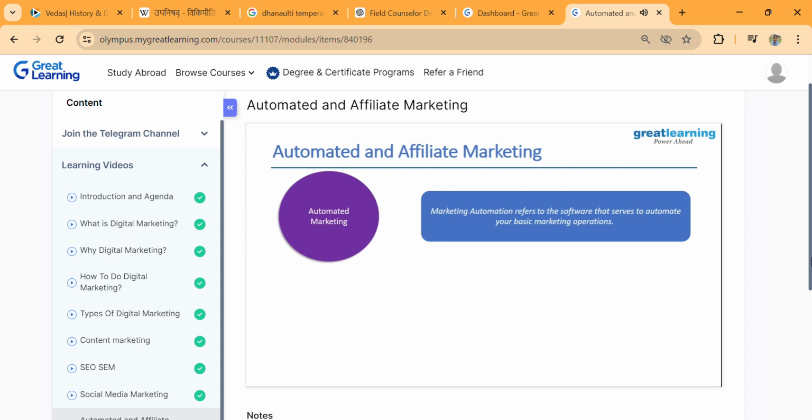Other thing is emailers that we send to people. When you talk about emailers, what happens? You probably have a certain set of practice, like there are certain events that are happening and you have a huge subscriber base. Instead of sending these things to people individually, you can just go ahead and have it automated, where subscribed people will get emails in bulk. That is what happens on YouTube. When you subscribe to a particular channel, if there's a new video, you'd be notified of that particular video. So that is what automated marketing is.